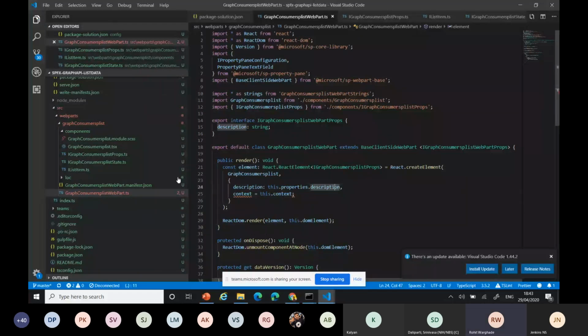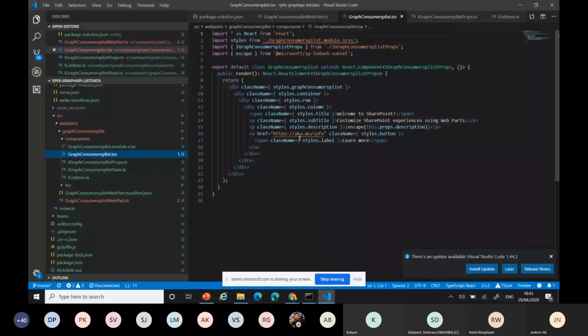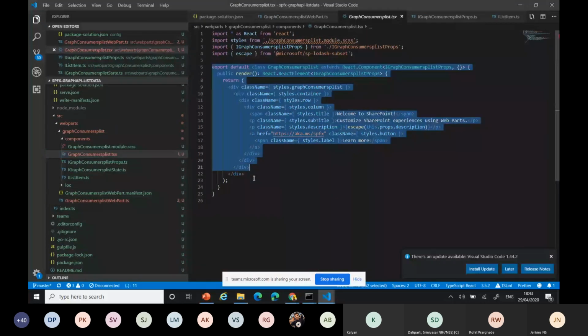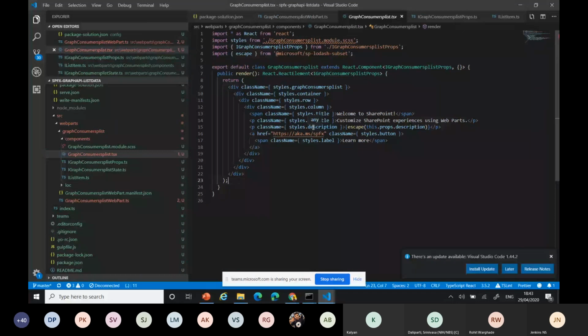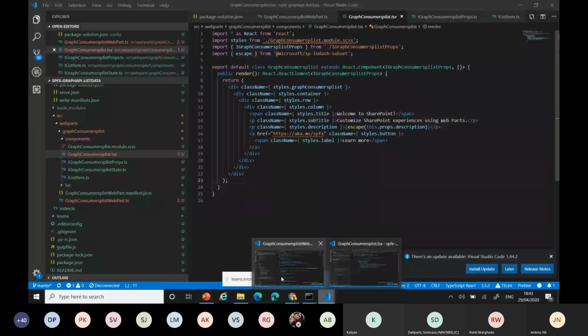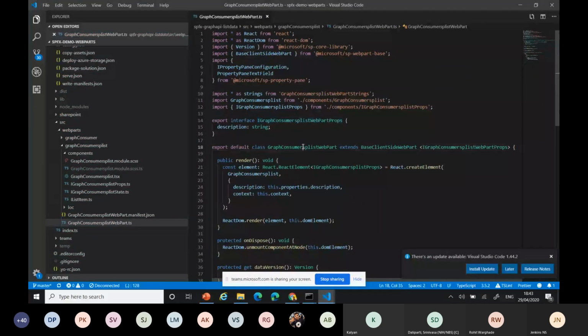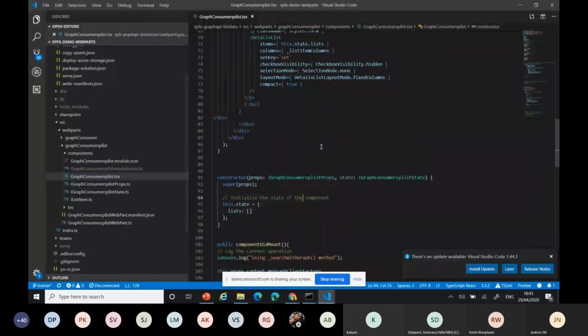Now I'll go into my code. Now we got it. By default, that's the standard web part content, and I'm going to modify it based on my control. For my part, first I'm going to add my headers.